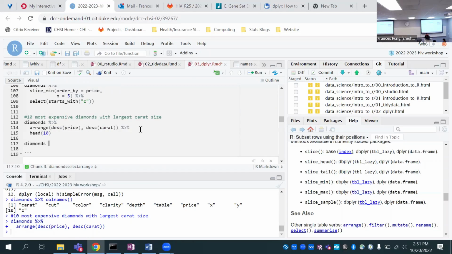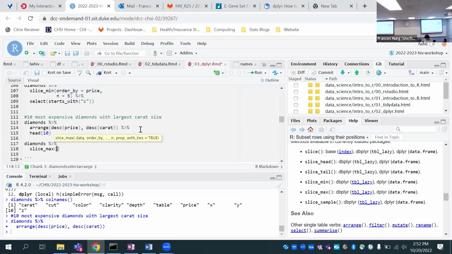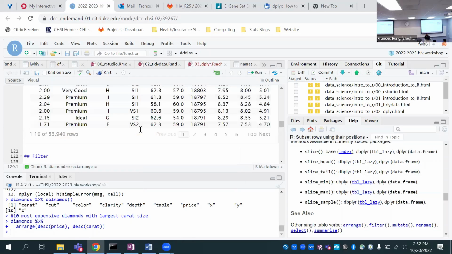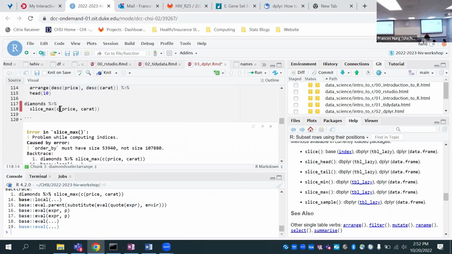And there are probably other ways you can do it using top n or slice max. I think you need order, sorry, price and carat. Might work on this later.